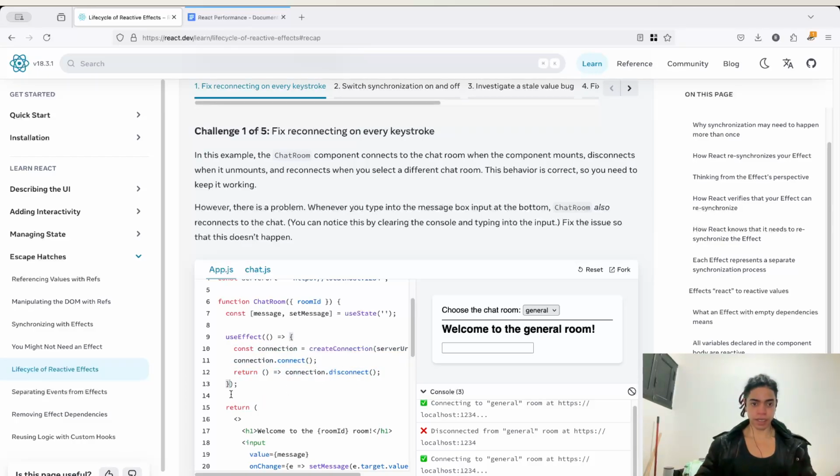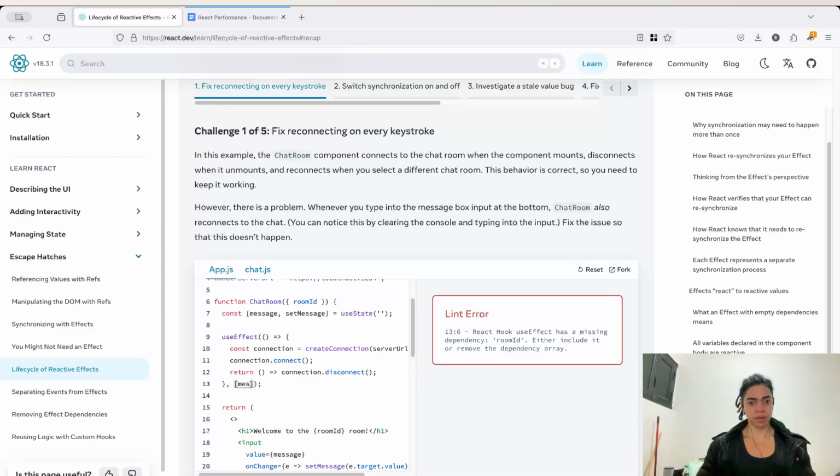Followed by here you say, all right, whenever the message, or in this case these reactive values, change, and any value declared inside of your React components is reactive, therefore it changes over time, whether it's local variables or states or props, okay. Whenever the message changes,